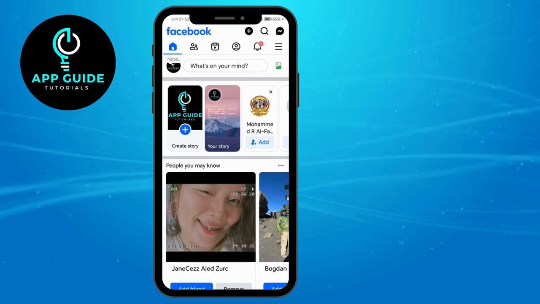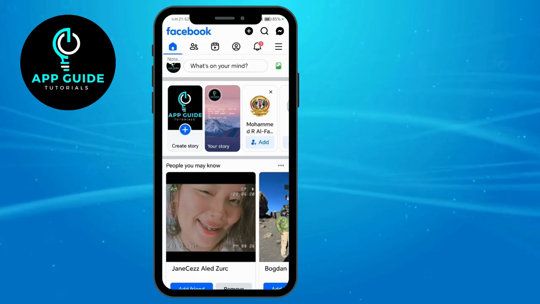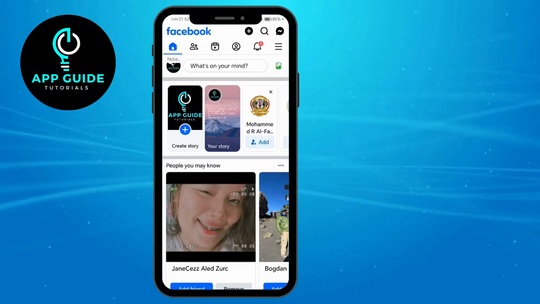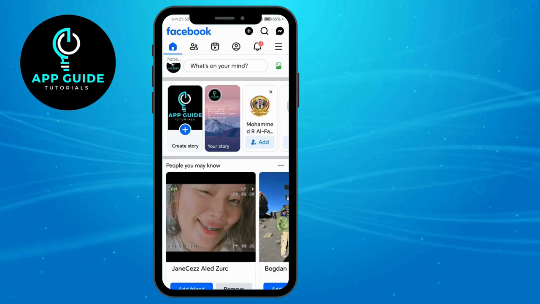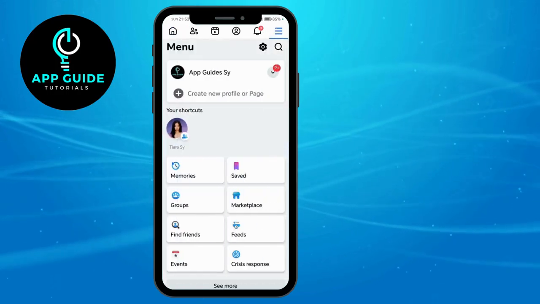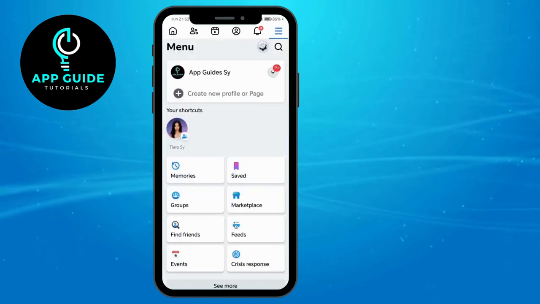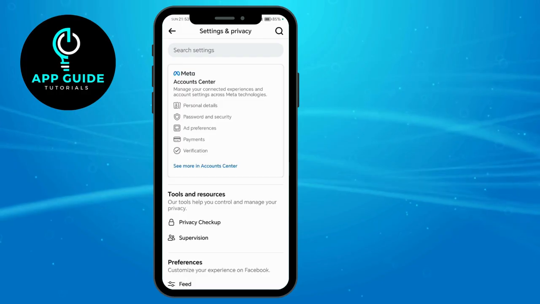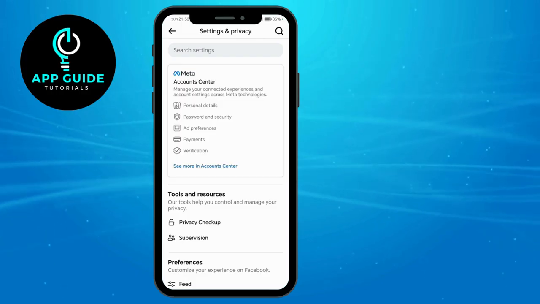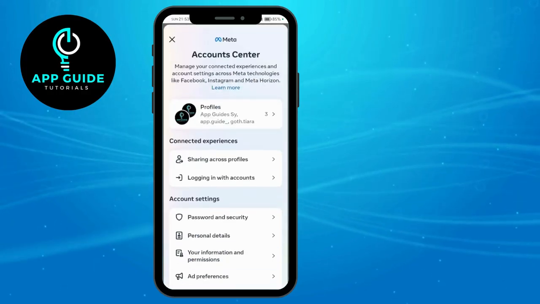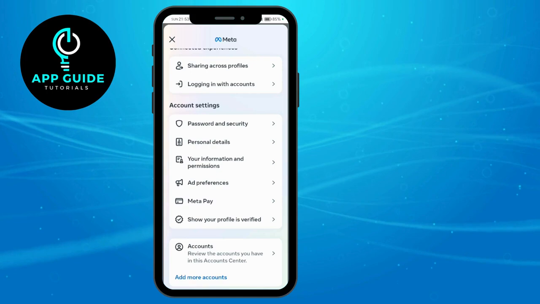Now, in order for you to add a phone number or contact information to Facebook, all you have to do is tap on these three lines on the upper corner right here and click on this settings icon right here. After that, you just have to tap on this Account Center right here and scroll down until you reach